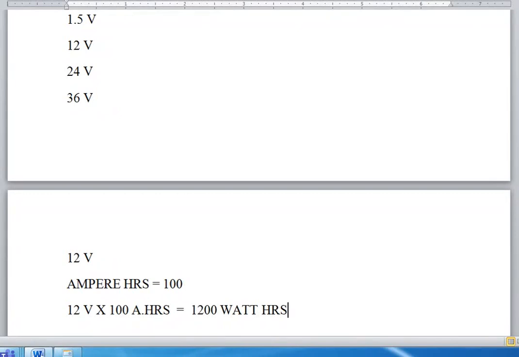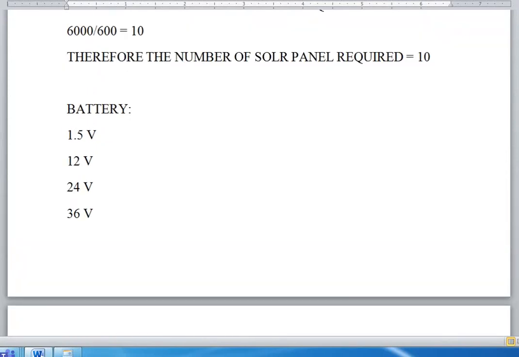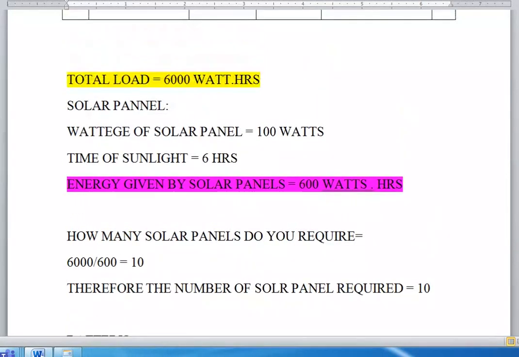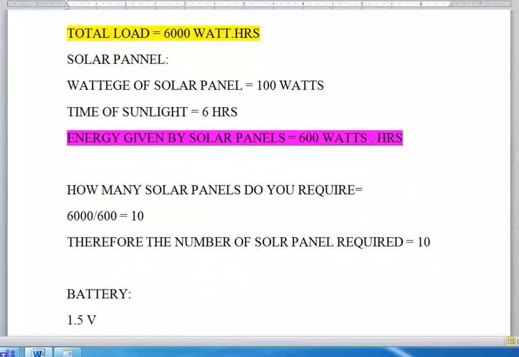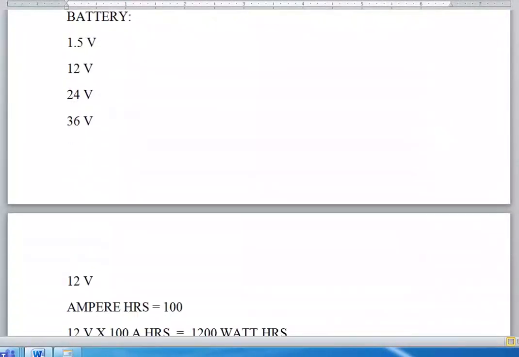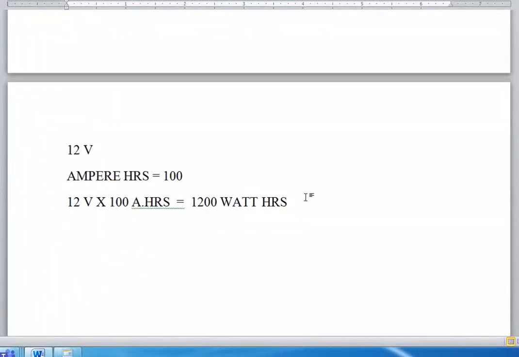So one battery is in a position of giving 1200 watt hours. Now let us see what our actual load is. The actual load is 6000 watt hours. Please remember this. Now I will try to find the number of batteries which are required for it. Therefore, the next column will be